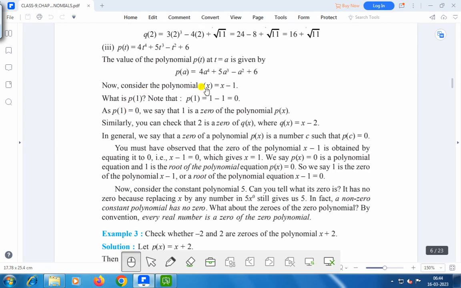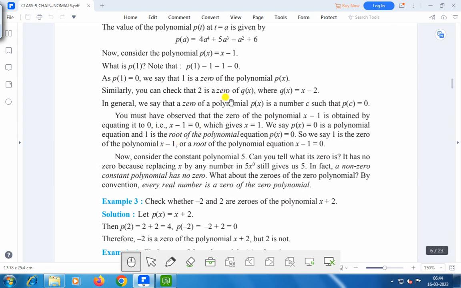Now consider the polynomial p(x) equal to x minus 1. What is p(1)? We note that p(1) is 1 minus 1 equal to 0. As p(1) equal to 0, we say that 1 is the zero of the polynomial p(x). Similarly, you can check that 2 is a zero of q(x), where q(x) equal to x minus 2. In general, we say that a zero of the polynomial p(x) is a number c such that p(c) is equal